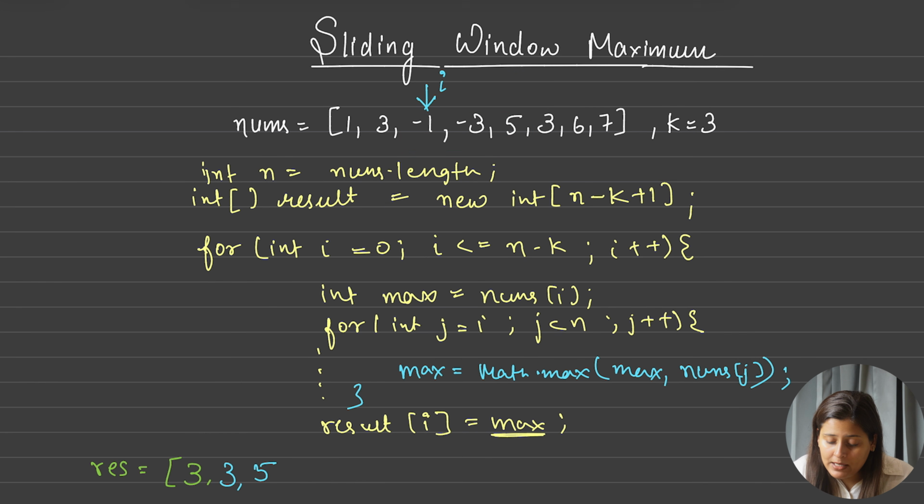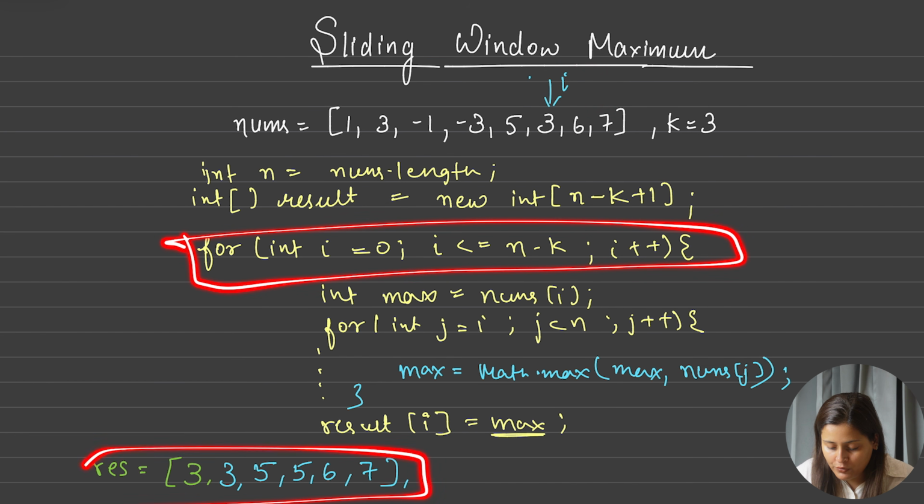Correct? Now next time this will be our window, and I will point to this index. Again we will get 5 as a maximum, so again we will put 5. Now next time I will point to this, and in this window we can see 6 is a maximum, so we will add 6. Now next time again we will put I here, and now we can find 7 as the maximum number, so we will add 7 as a maximum answer. Beyond this I cannot move my I index, so this for loop will end, and after coming outside of both for loops I can simply return our result.